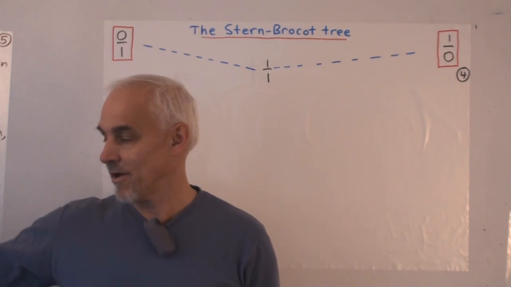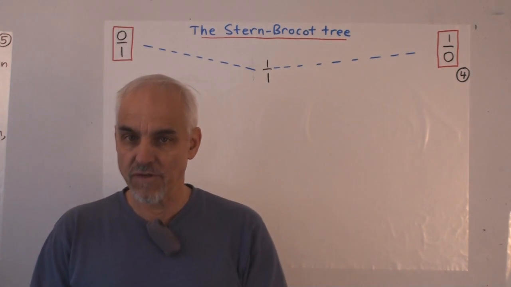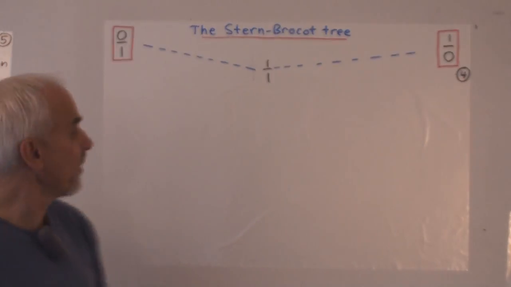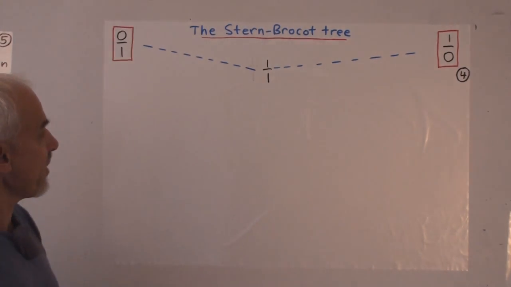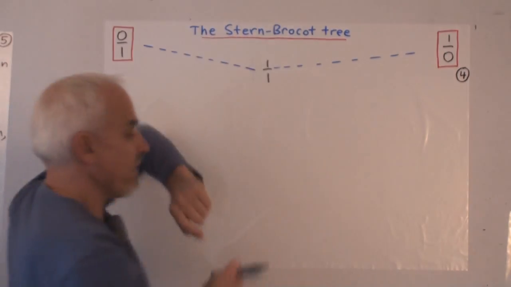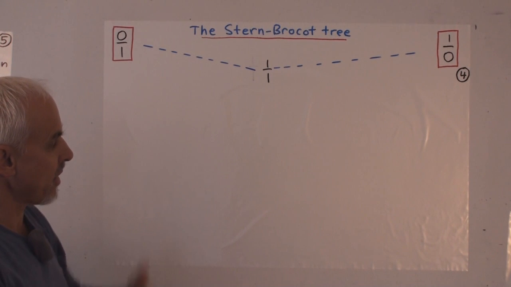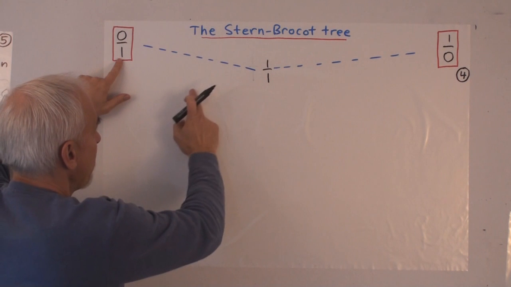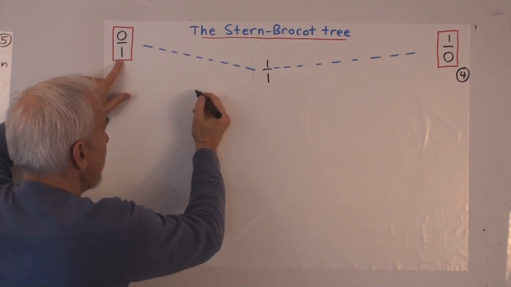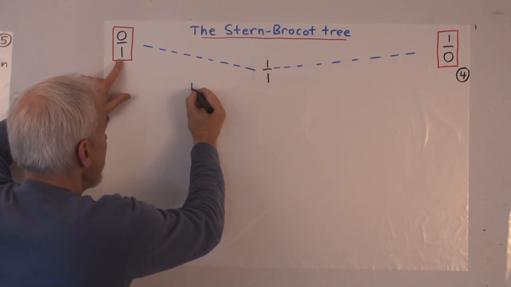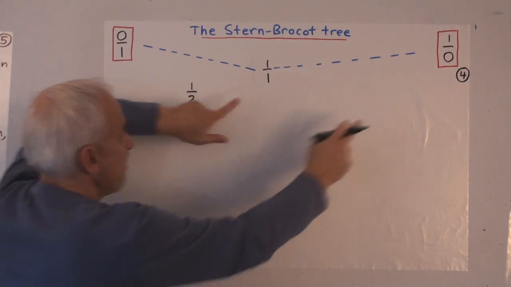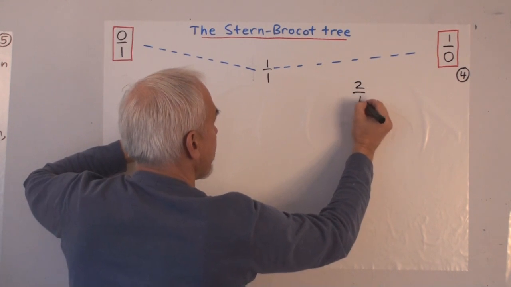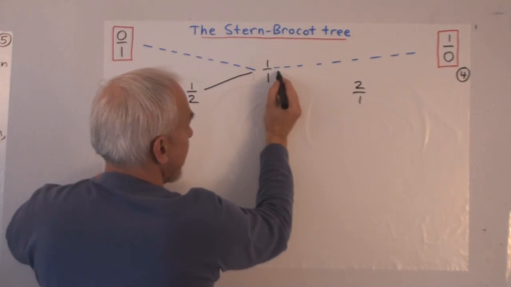Let's actually generate the first few rows of this Stern-Brocot tree. So we're starting with our pseudo-fractions 1 over 0 and 0 over 1, and their mediant is 1 over 1. All right, so the next row means that we have to find the mediant of these two, and we'll put it halfway between them, below this one. The mediant is 1 over 2. And the mediant between these two we'll put halfway, and it's 2 over 1. And these are both less than this one.